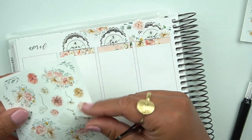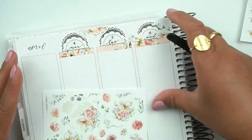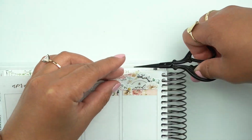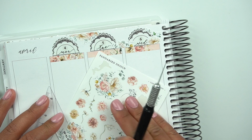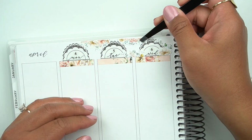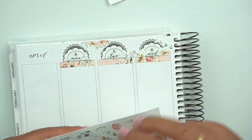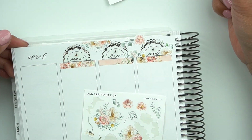The date dots are from Sadie Stickers, and then here I'm just kind of playing around with the date cover deco. This took me 1,020 years. I was super indecisive, and I really wanted it to turn out really pretty. Her florals are so good. I love the green piece on day 6. It is so beautiful. I love the way it flows, and it was just like a treat to play with